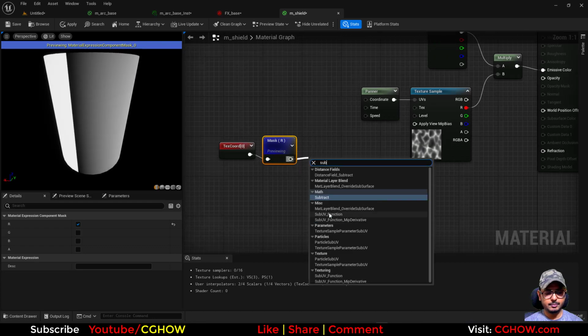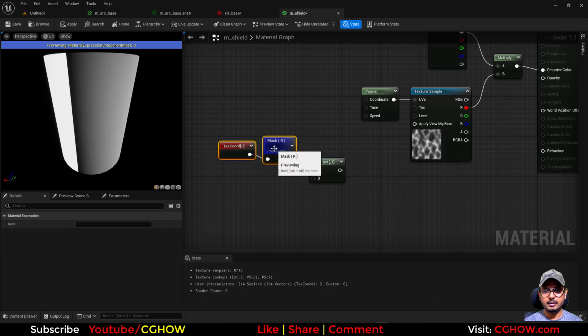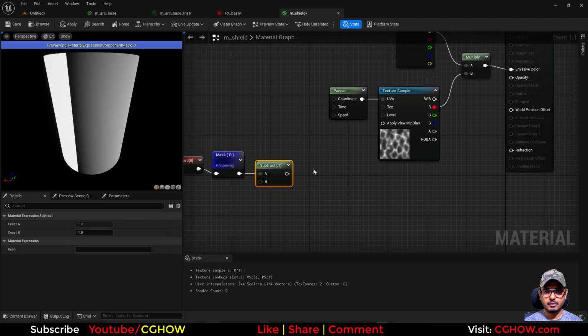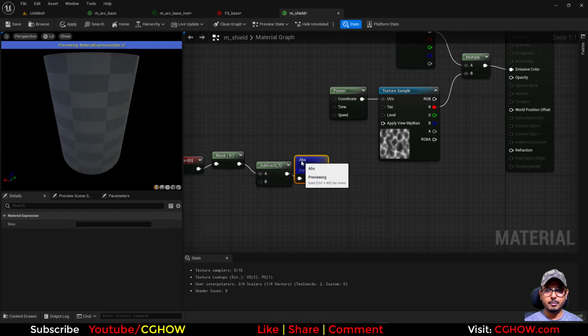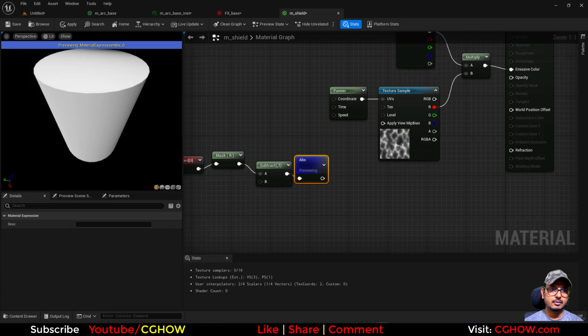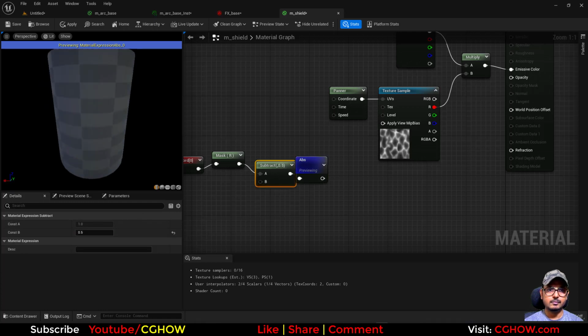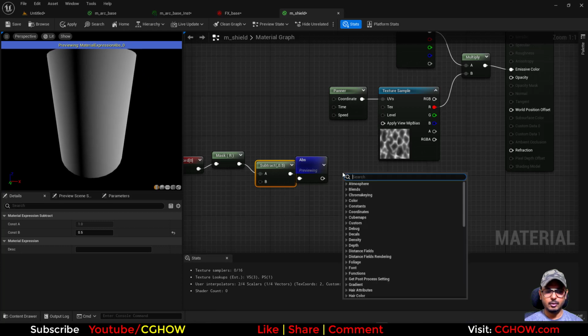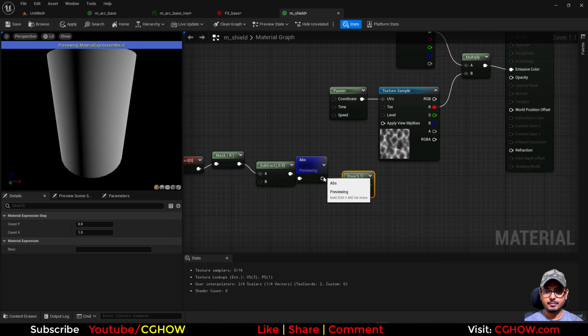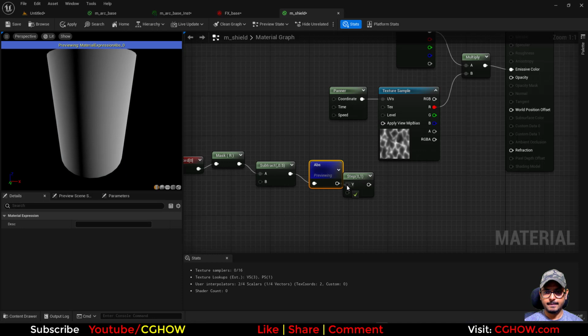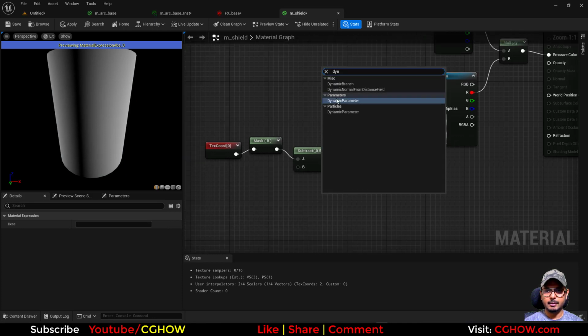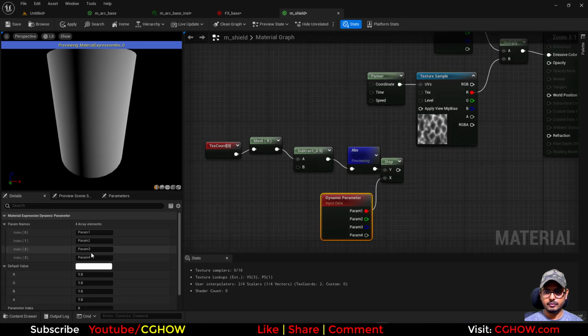And if I subtract some value and then use the absolute, it will be from both sides, actually 0.5. Okay, now you can use tab, and I will make a dynamic parameter. So this will be like